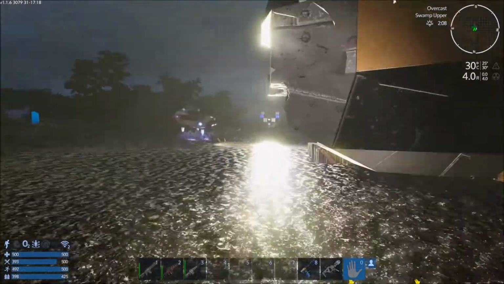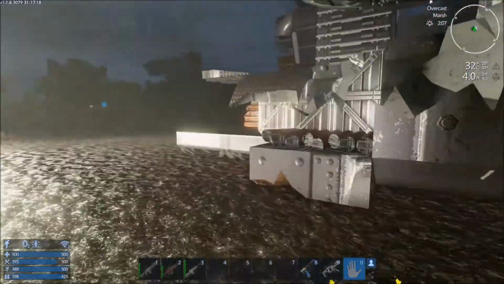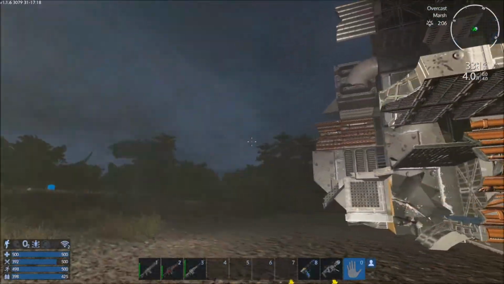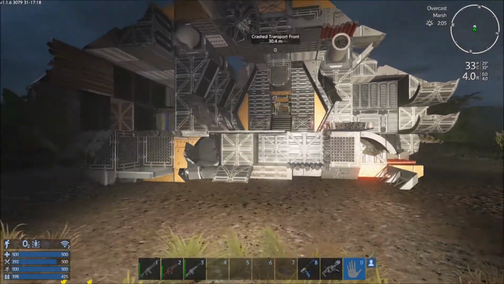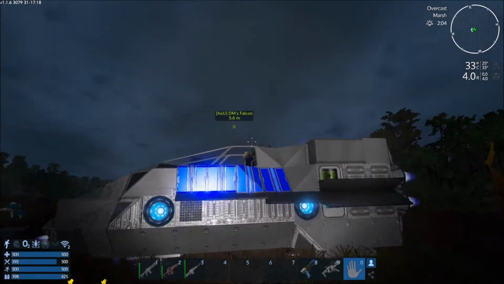Alright, well, I guess we'll just leave it. Would make a good starter base. There's a nice little cubby hole here. Oh yeah, no, definitely. If you, you know, started on a planet and you found this, it'd be great, but...